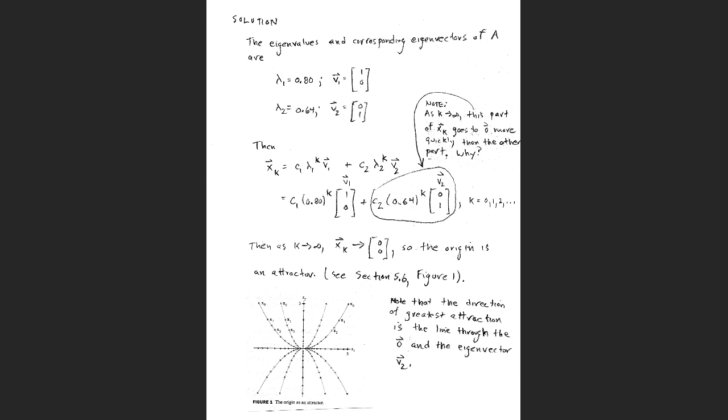So easy enough to do. Okay, you know how to find eigenvalues and eigenvectors. You could use MATLAB. And it turns out that these are your eigenvalues and eigenvectors. Lambda 1 equals 0.80, and there's an eigenvector of (1, 0) that goes with that. And lambda 2 equals 0.64, there's an eigenvector of (0, 1) that goes with that. Okay. Now, MATLAB, well, that's fine. So then,